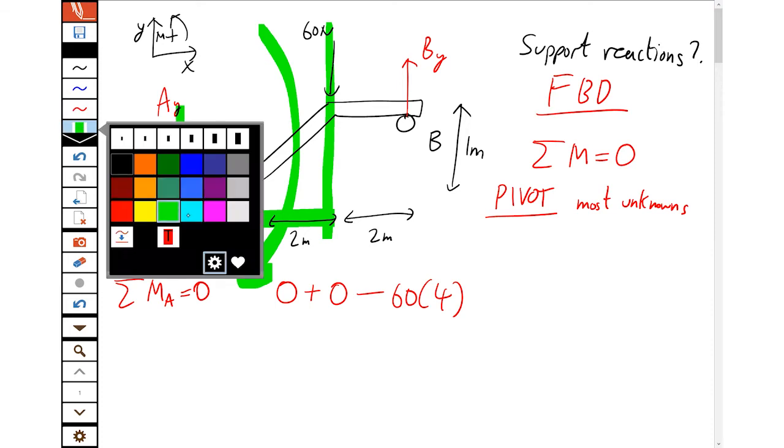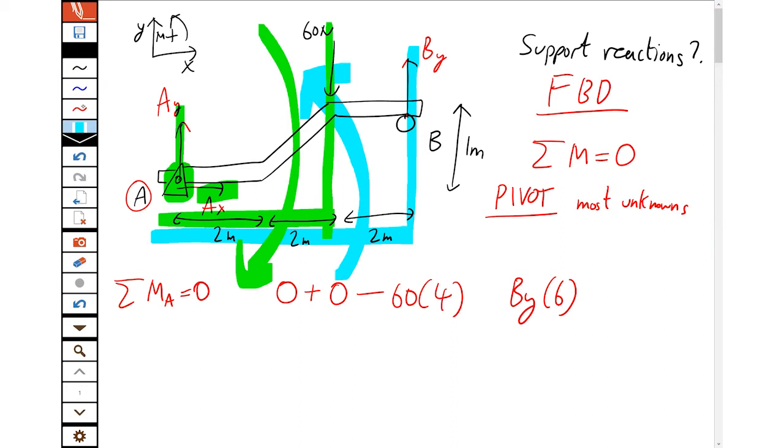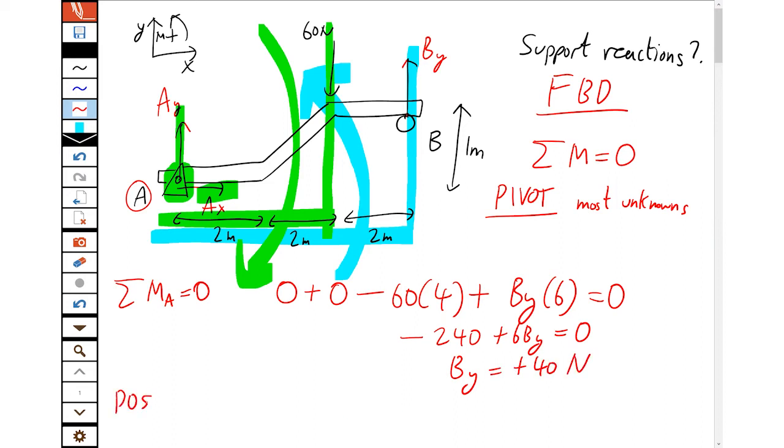And then we have force By, and that's a perpendicular distance of 2 plus 2 plus 2 is 6 meters away. That's pushing up, so that would be counterclockwise around A. So that's a positive moment. And so here we have, straight away, one equation, one unknown: minus 240 plus 6 By is 0. By is equal to plus 40 newtons. That's positive, so it's in the direction drawn,